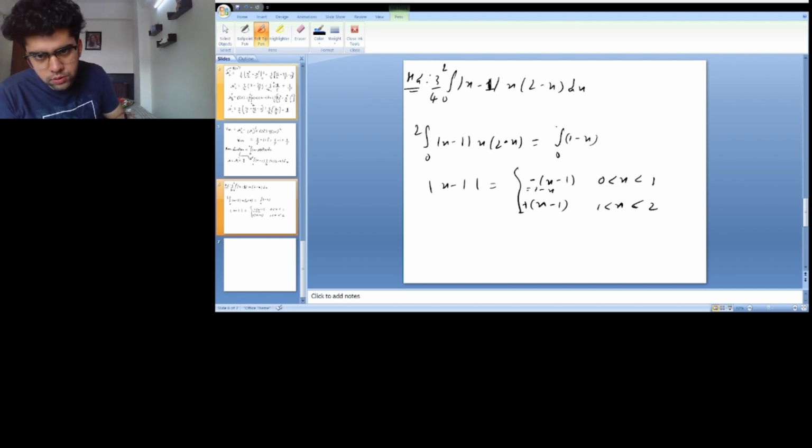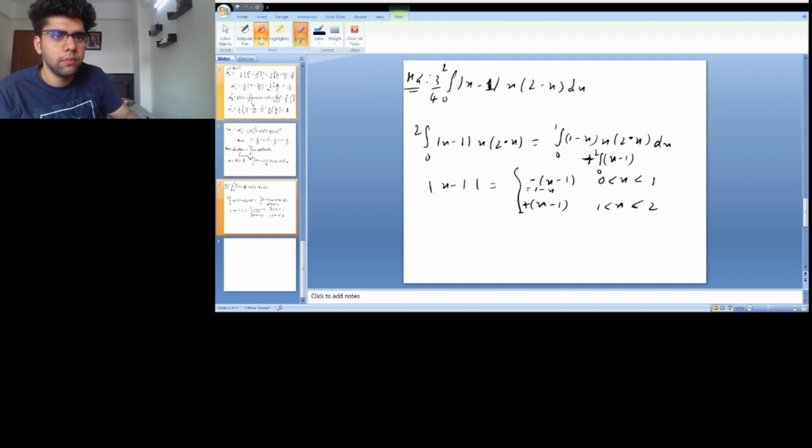1 minus x, 0 to 1, f(x) dx. This remains same. This doesn't affect this. In the mod, only this expression is in mod, so this doesn't affect this. x into 2 minus x. I'm ignoring the 3 by 4 here. I'll be writing it at the end, because the whole expression is being multiplied by 3 by 4. I've taken it out common. So x into 2 minus x dx plus, now this expression will remain same, x minus 1, because there is no negative sign, this is just positive. So x minus 1, 0 to 2,